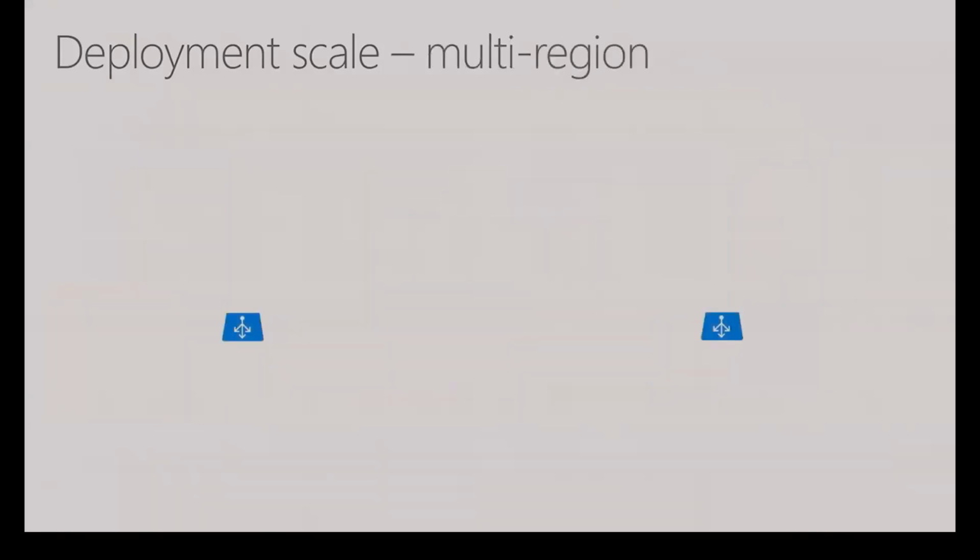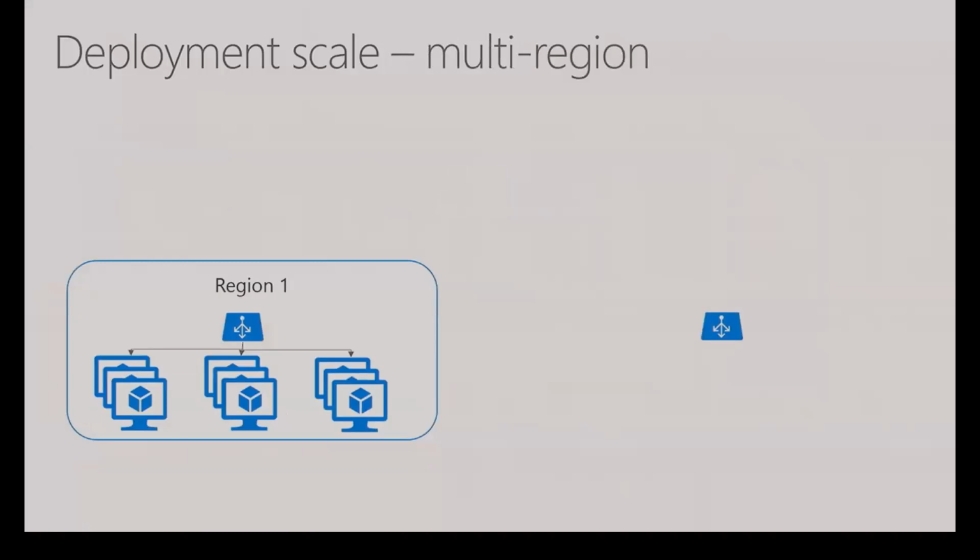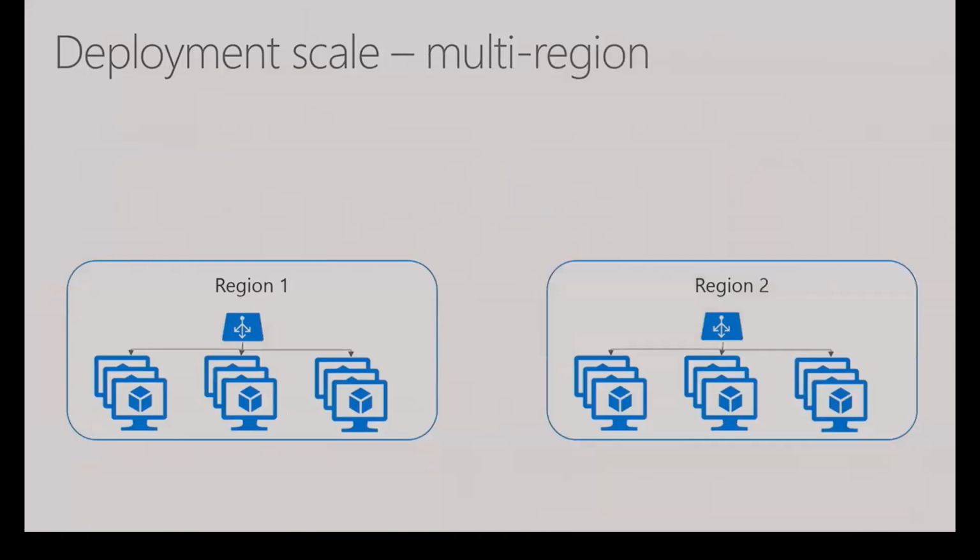So let's take it to the next level. OK, that was great for one region. What about multi-region? The answer is the same. You're going to do the same thing by region, but you're going to set it up in each region, and then you're going to use Traffic Manager, and Traffic Manager is going to point to the load balancer in each of those regions. So now you're being able to spread your traffic across those 2 regions and have redundancy both at the region layer and within the region layer. So more redundancy, slightly more complexity, but allows your application to handle bigger and bigger faults.